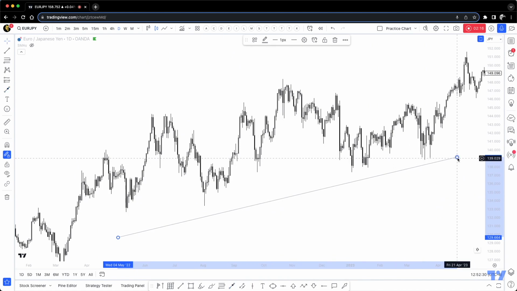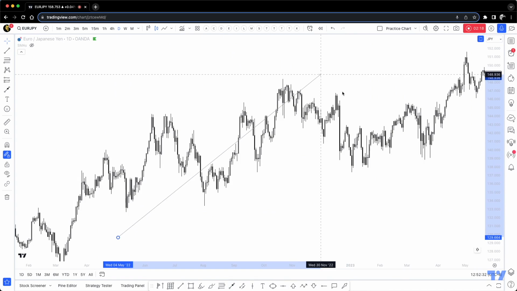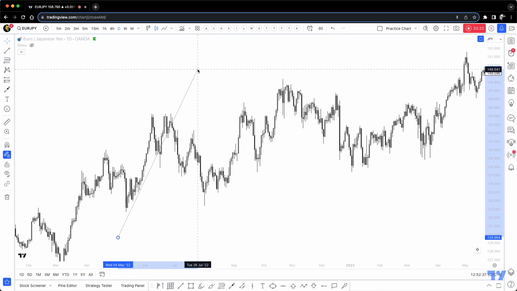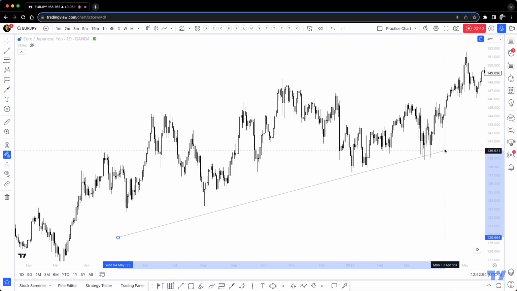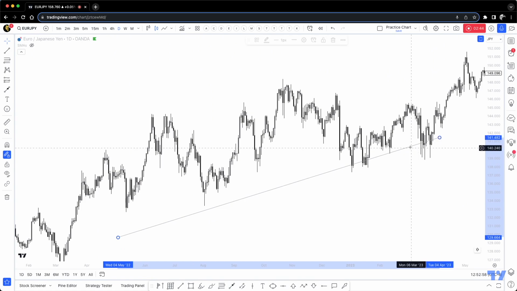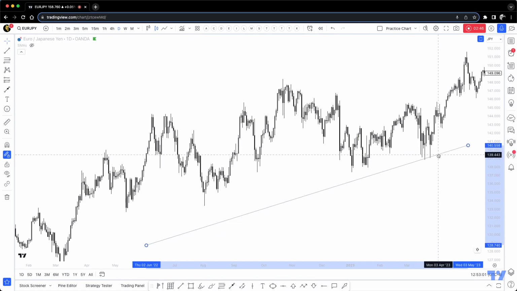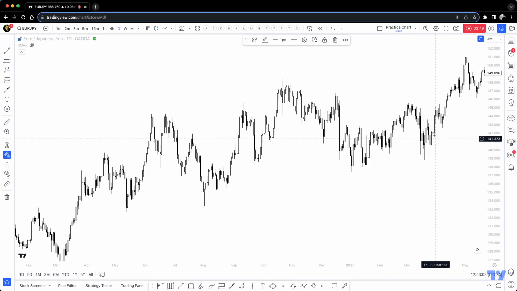It doesn't have an angle. Sometimes we're going to encounter trends with different angles. If it's way too fast, if it has an angle like this, the trend is very volatile. It means that there's some sort of news or something going on. But sometimes I like it when they have a 45 degree angle. Those trends are nice. They are long lasting, and we can ride them all the way.